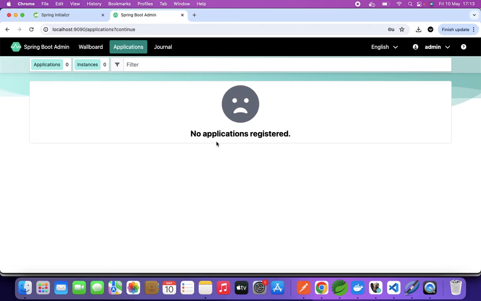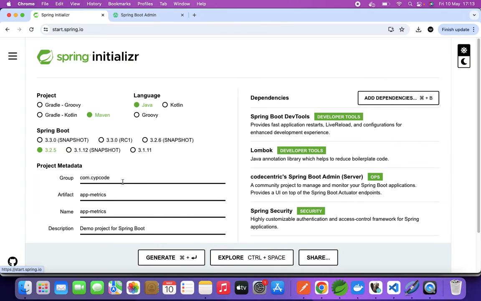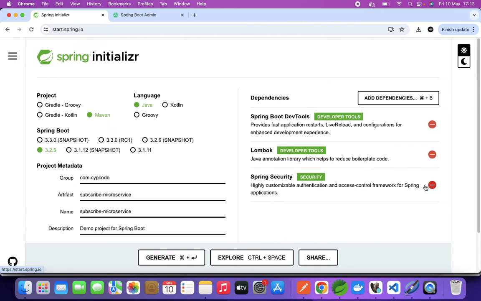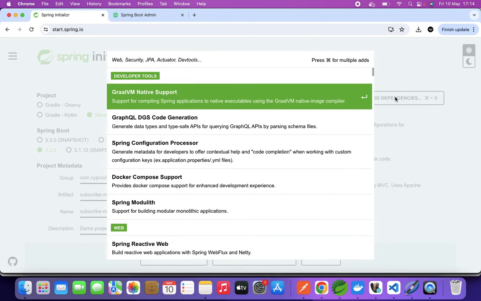So let's now create a microservice that will, let's call it maybe subscribe to this service and register to this service so that we can be able to monitor it. So let's go to our initializer, and we're going to say let's say subscribe microservice, right? So this is subscribe microservice, and that looks good. So we're not going to change anything else, except we want to take out this guy, and we don't want security because we just want to test the API. So we can add Spring Web here, because we're going to create an API there, and then we're going to add